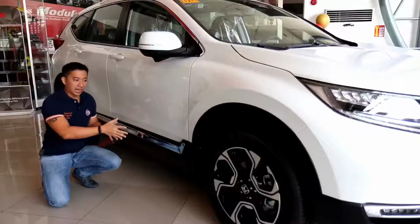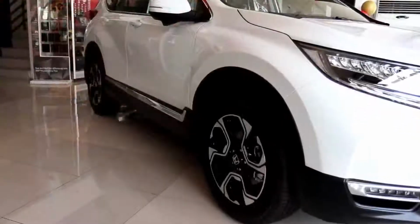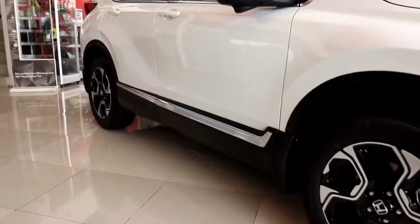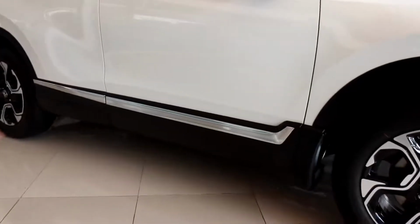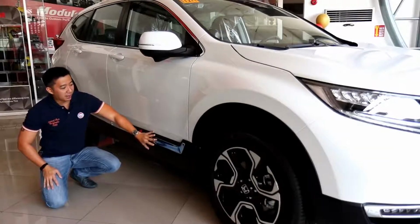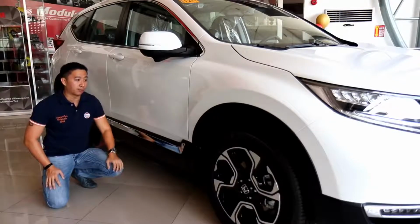Now, moving to the side of the CRV, you will note that the chrome treatment extends all the way down to the side. We have this chrome strip that can be found embedded in the black plastic cladding at the lower half of the CRV. In terms of the plastic cladding, Honda has decided to keep it to a little bit of a minimum. The black plastic cladding is just a small part here at the side, and in the front of the bumper